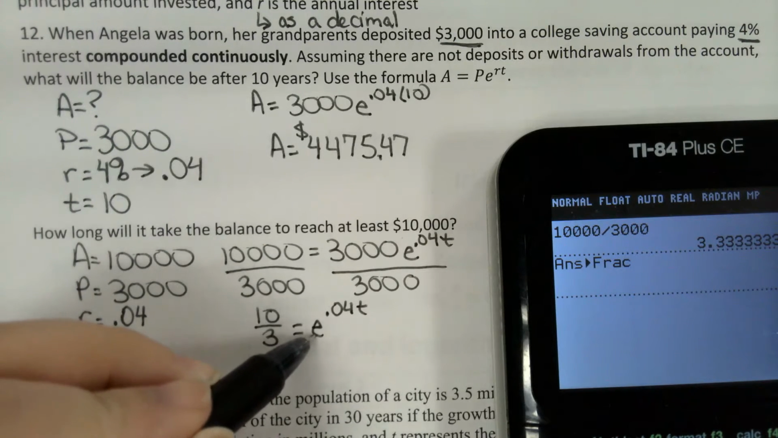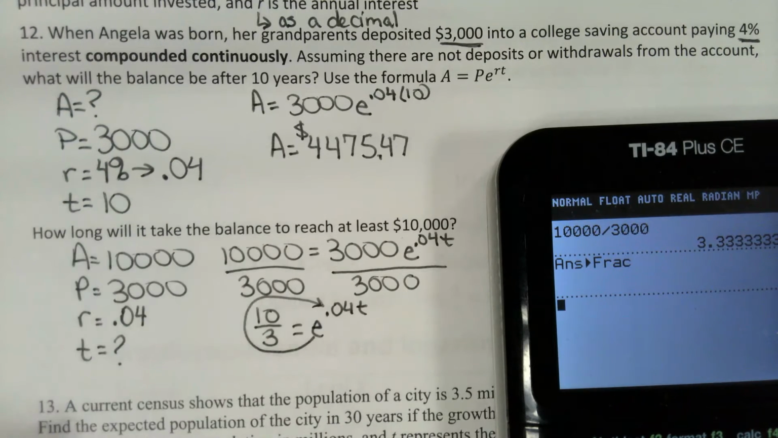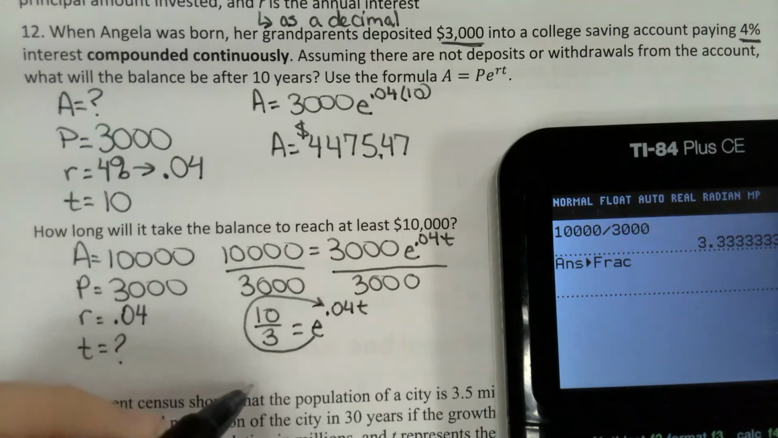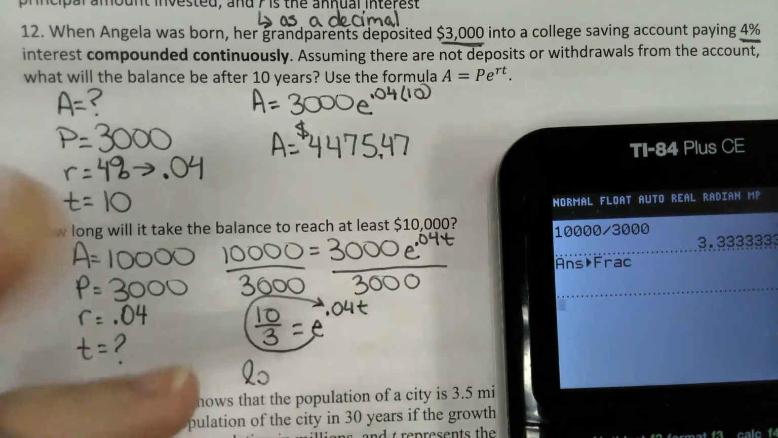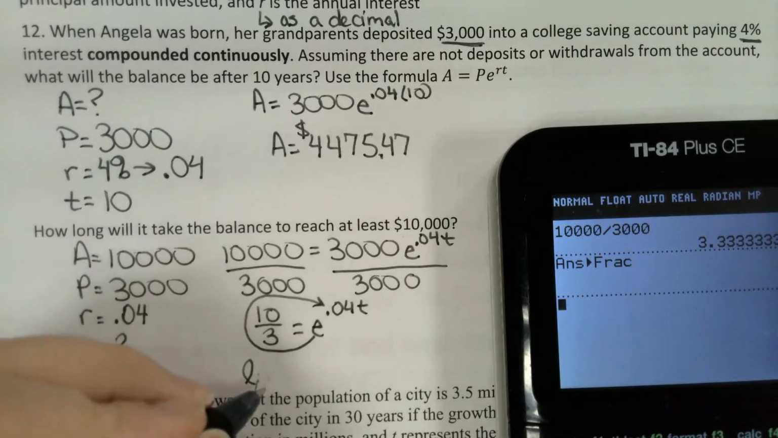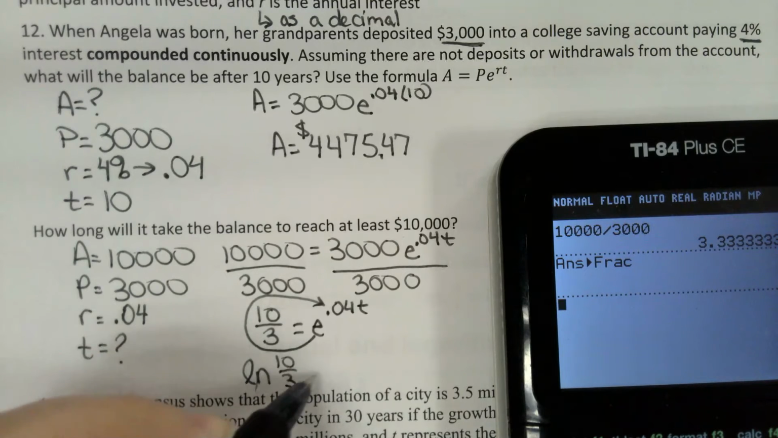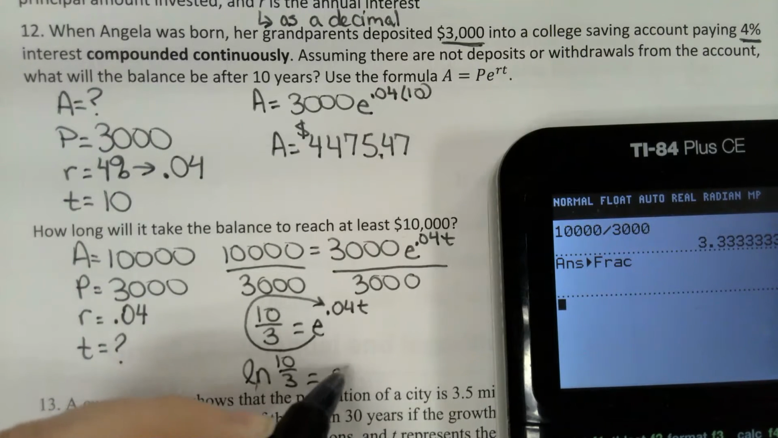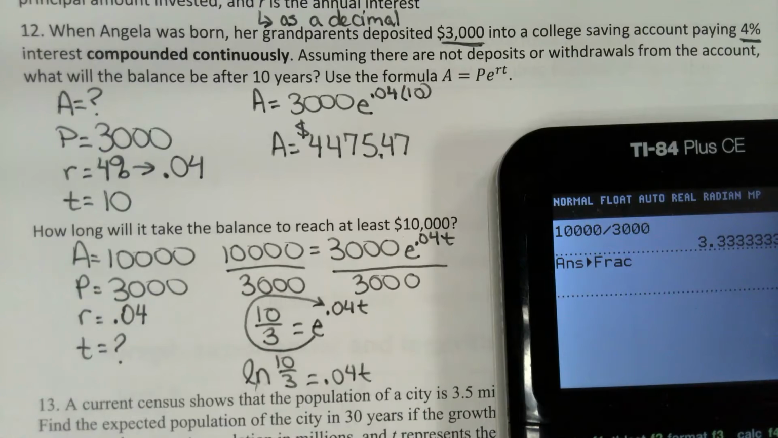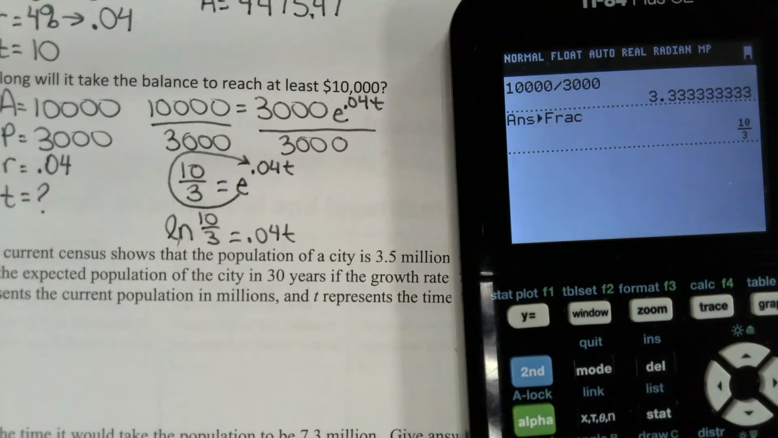Now this time the e is on the other side, so your loop is going to go counterclockwise if you're drawing with the loop. Otherwise, you can know that I have log base e, which is natural log, or ln, of 10 thirds, the number I was trying to get to. And 0.04t is the exponent I used. So let's find out, what is the natural log of 10 thirds? ln 10 thirds. It is